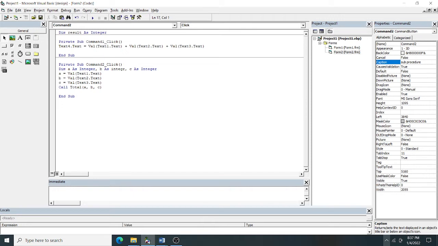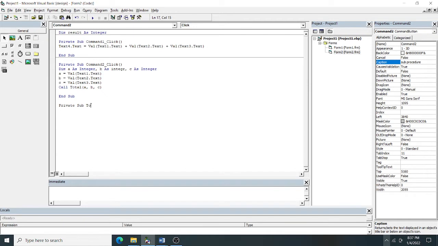So now see how to write that sub procedure. You have to write Private Sub, with P capital and S in capital letter.